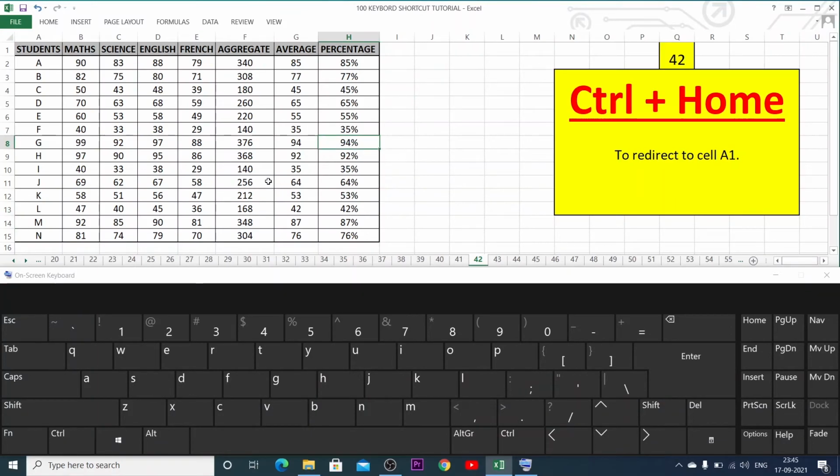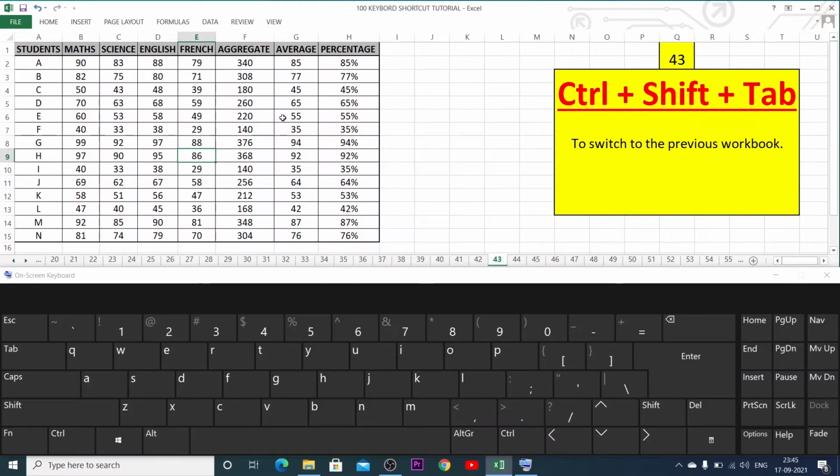Control Home to redirect to cell A1. Control Shift Tab to switch to the previous workbook.